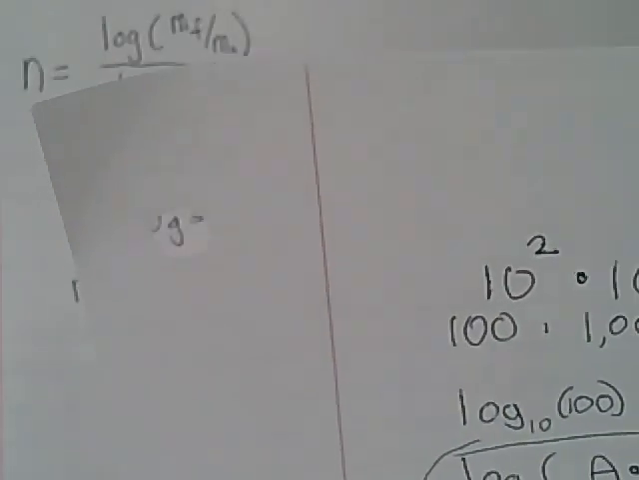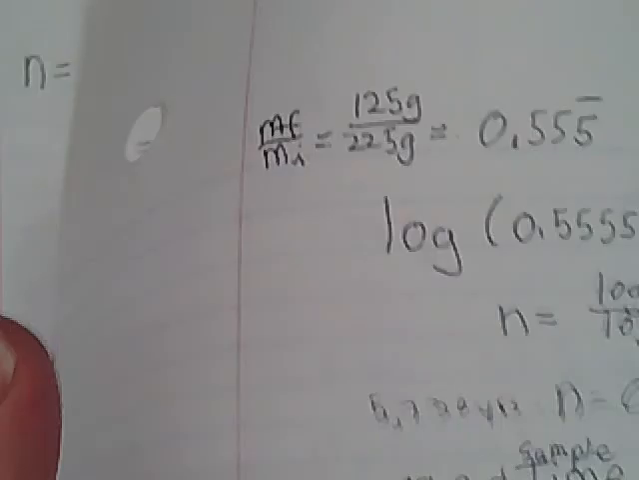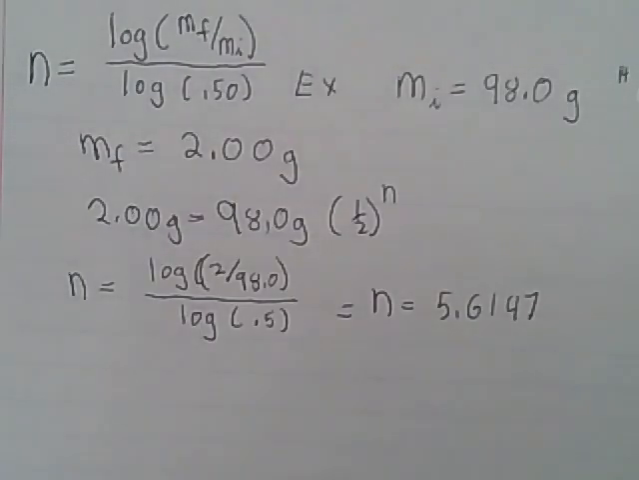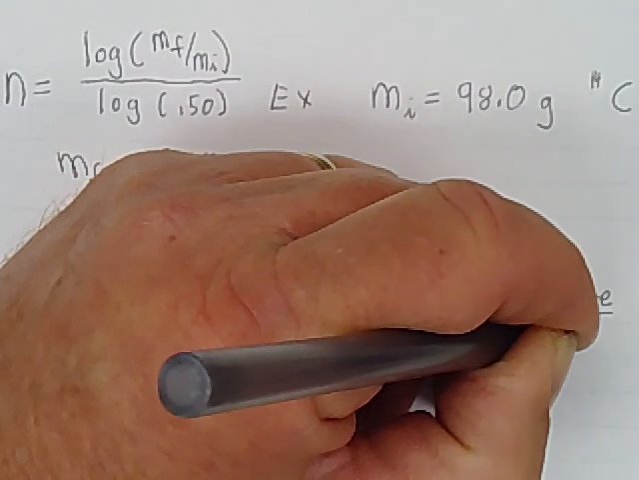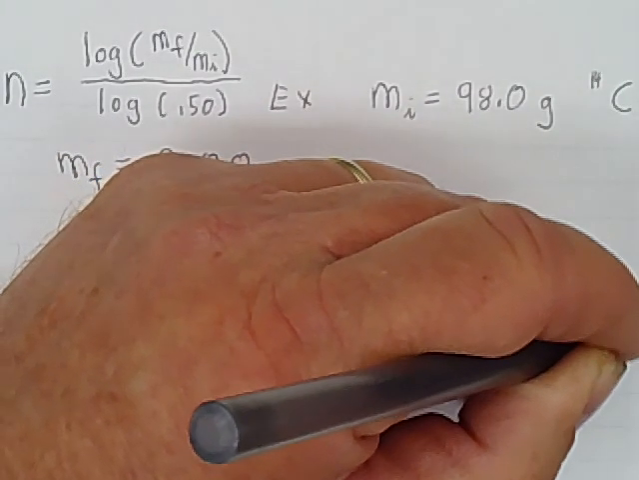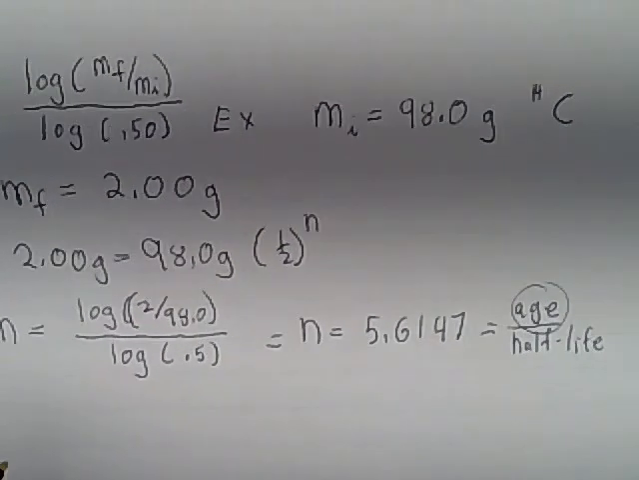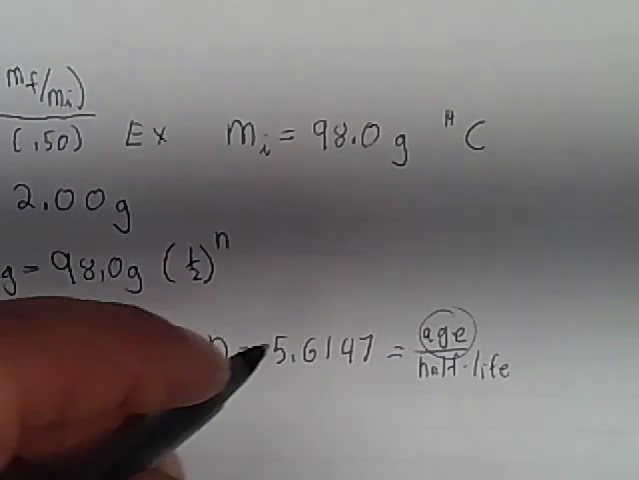As you might remember from way back on page 1, maybe, the number of half-lives is equal to the age divided by the half-life. I know I wrote that someplace. Oh, well. So this is equal to the age of the sample divided by the half-life of that sample. In other words, to find the age, we multiply this number by the half-life. And the half-life is